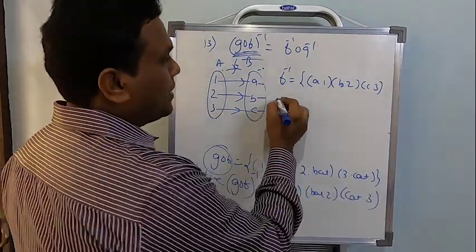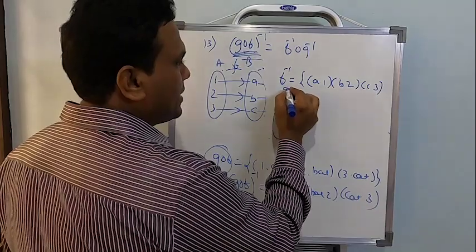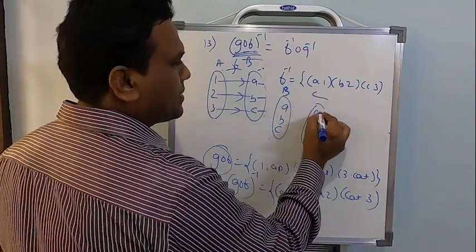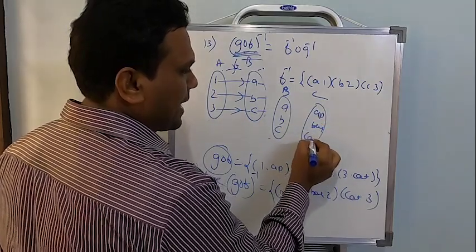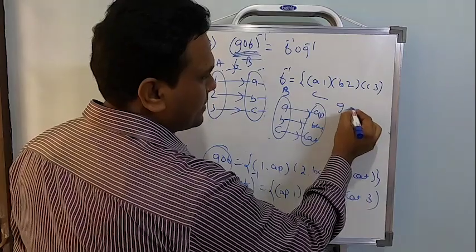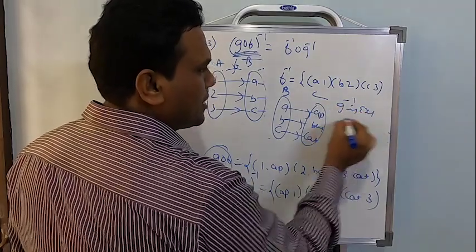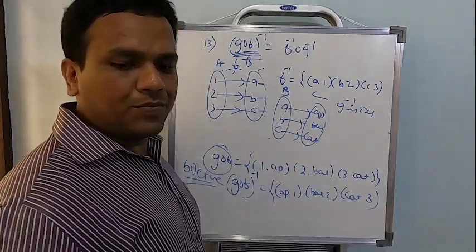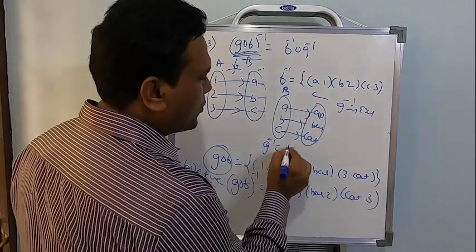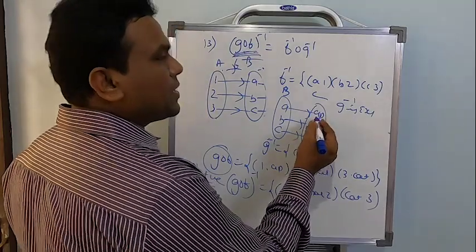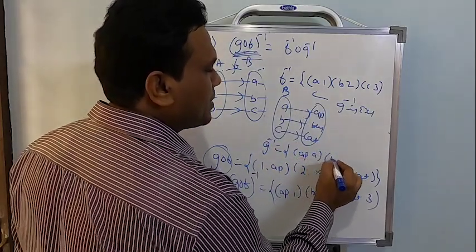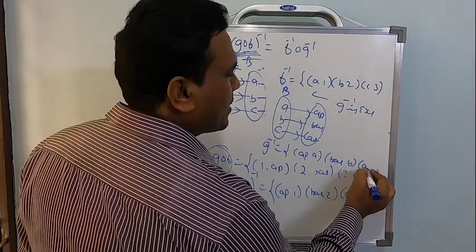Right. Then g, if you remember, g is a function from b to c, and this is a, b, c, and this is apple, ball, and cat. So this is once again g inverse exists because it is 1, 1 and onto. So since it's 1, 1 and onto, what is g inverse will be equal to? G inverse means you have to take it from here to here, right? So apple comma a, next ball comma b, and cat comma c.